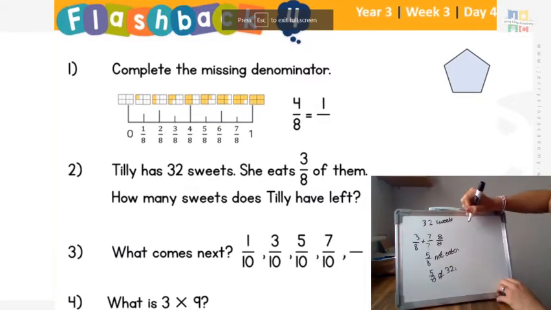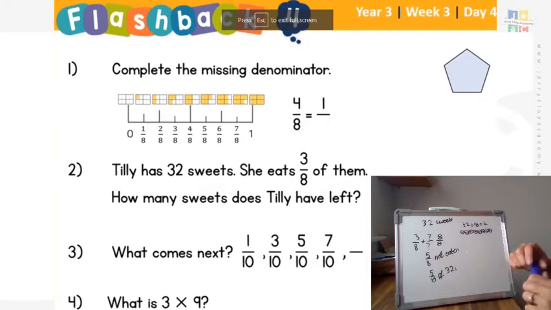So in order to do this, we could do 32 divided by 8, which we already knew was 4. So in each of these parts, 1, 2, 3, 4, 5, 6, 7, 8, I would have 4 in each part. And in order to find 5/8, I would need 5 lots of 4 because there's 4 in each part. So 5 times 4 is 20. So you get the same answer,